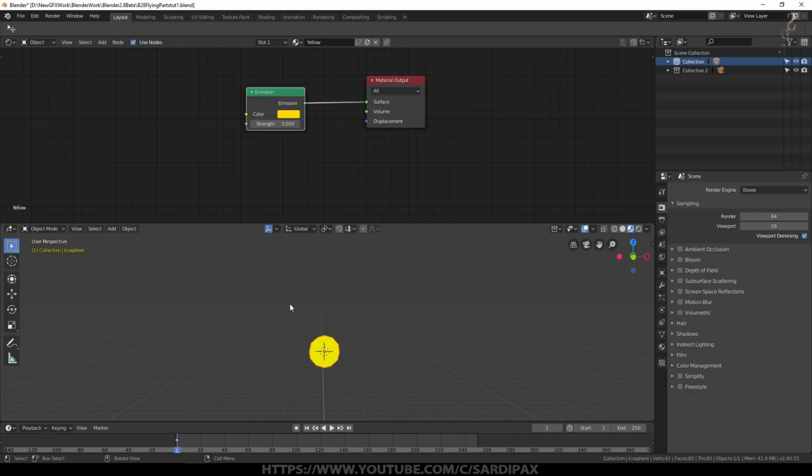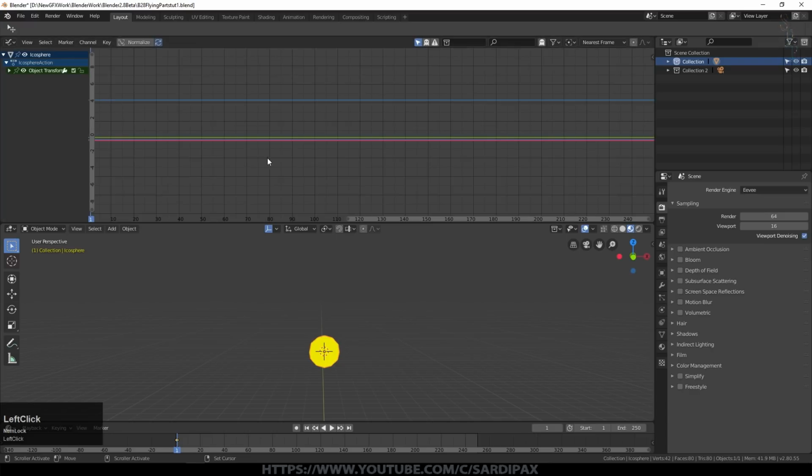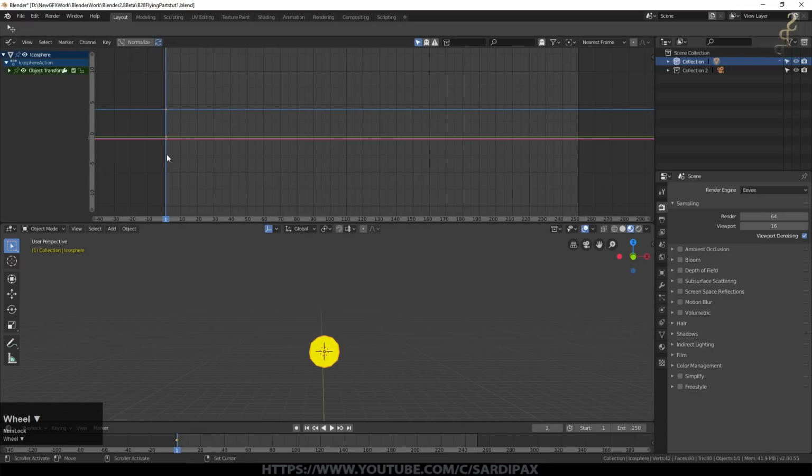There are obviously limitations. So I'll come up to here now and I will select the graph editor. With my object selected, you can see we've got a point or a couple of points there. If I click this here, you can see we've got X, Y and Z location, and different lines lighting up. And you can see the actual height of the line determines the position of the object.